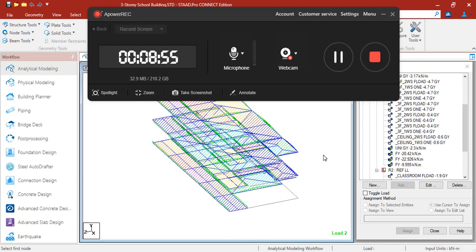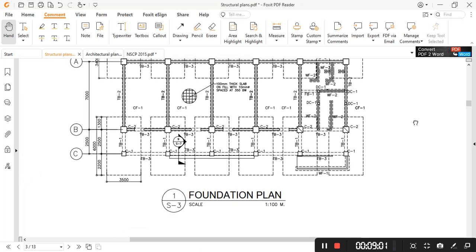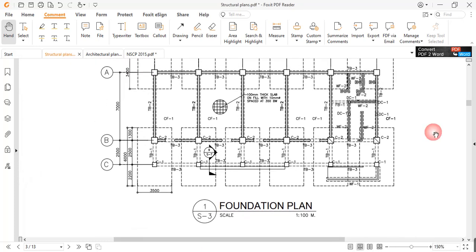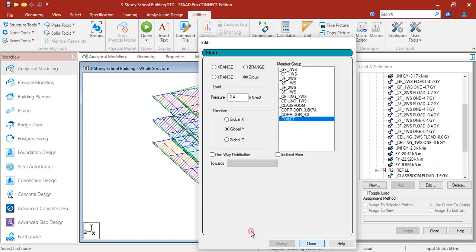Let us do some changes here. Let's go back to our plans. If you look at the foundation plan, this is a slab on fill. So it should not be loaded on our beams. We don't have to add any dead load or live load on our model for the ground floor since the slab is slab on fill. If we go back to our model,